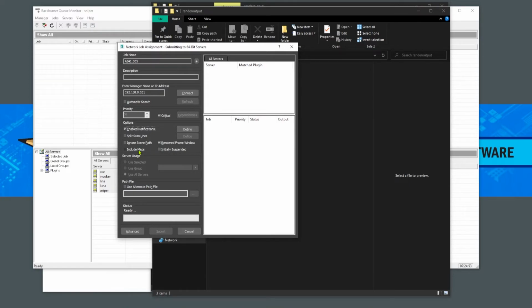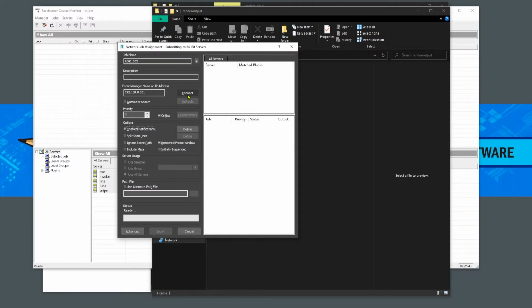This checkbox include paths just ensures that the project should be set on the default directory structure, but I tend to just leave this off, because if you did not set up your textures the proper way, this should not be a problem. The alternate path, you can just use a global textures folder, like you can use all of your textures in one folder, and you can use this path. If a texture becomes missing, it is going to use this alternate path to find the texture.